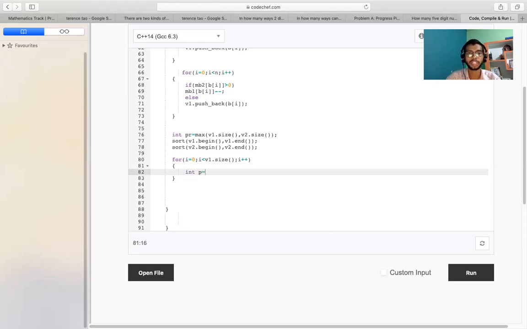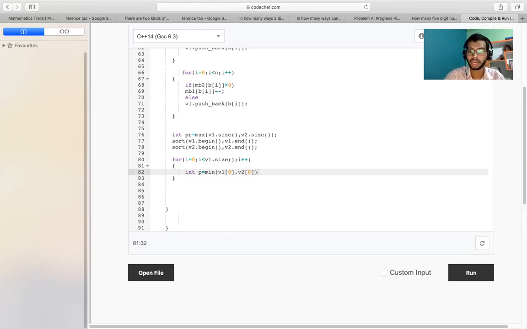What is p? p is the minimum of b1 of 0 comma, sorry, this one is v2 of 0.